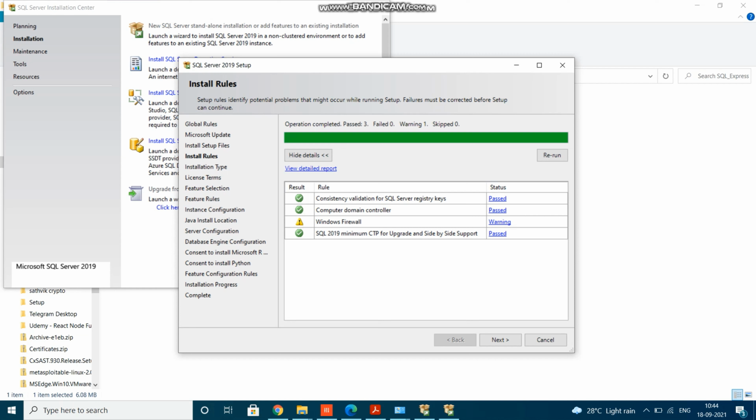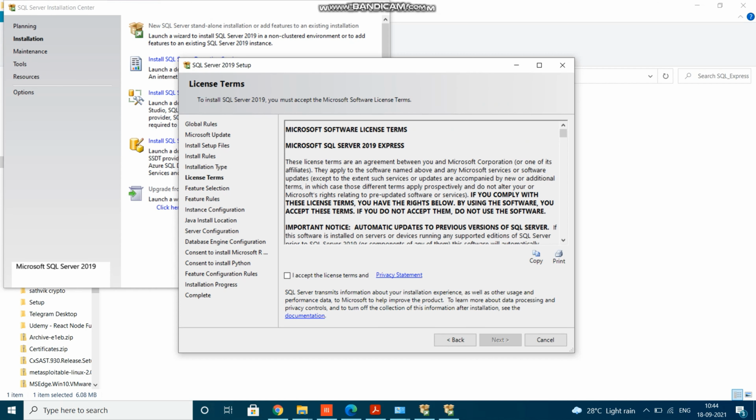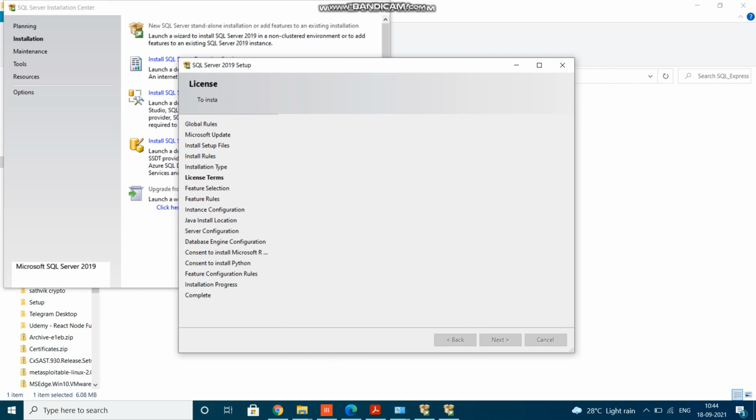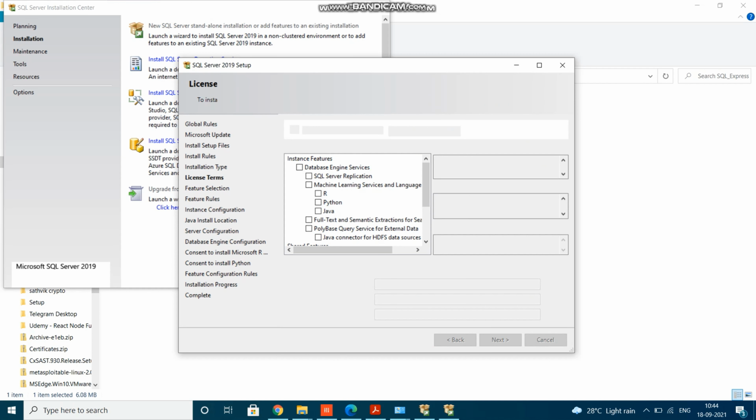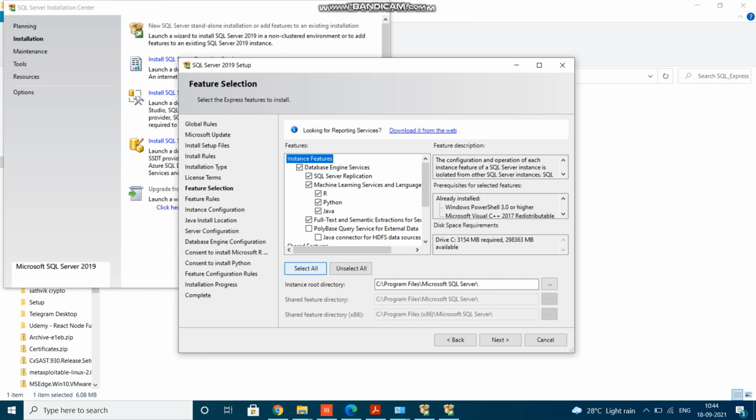Click on next. Don't worry about the warning. The first one and click on next. I accept the terms and conditions. Click on next. And select everything here. Select all, and click on next.